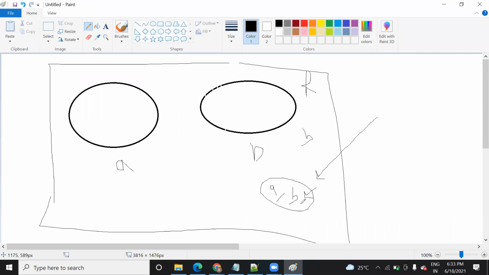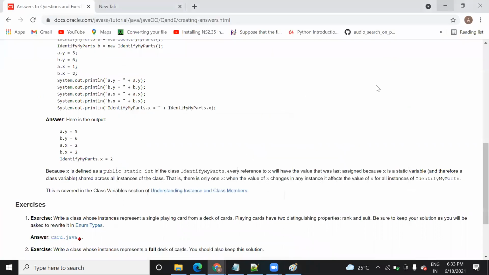Yeah, I understood. But I have a doubt. Shouldn't it be that first we assign a.x equal to 1, so b.x should also take the value 1, instead of a.x taking b's value? If you assign b.x equal to 1, then the value will be 1 only, right? This is the question: if you are trying to change the value of x with the help of object b, these are static variables, so a and b will also be saved in the same memory reference. And what they are saying is that this is shared across all instances of the class.